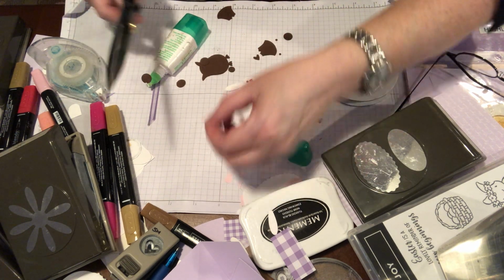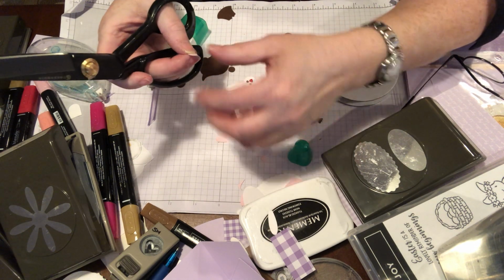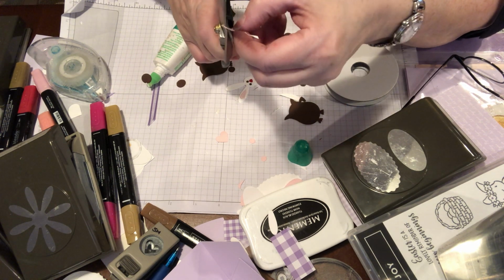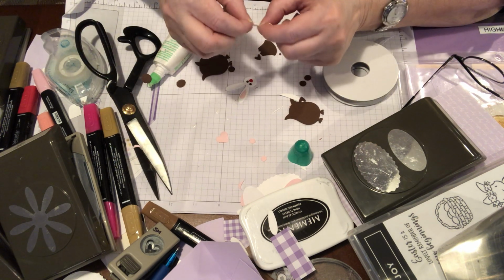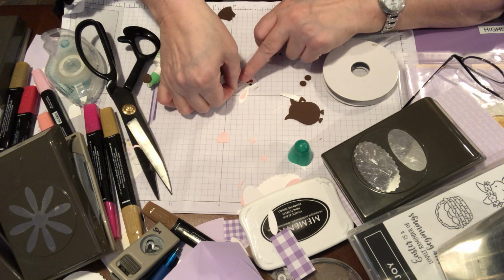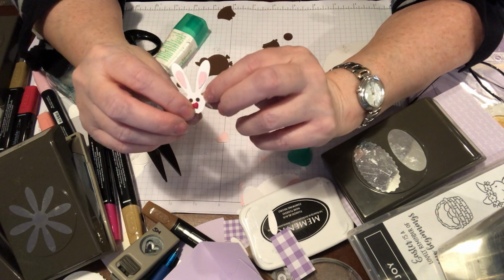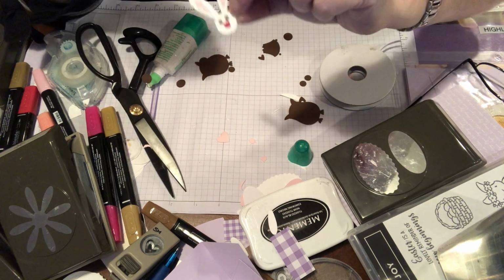And kind of cut this other guy. This is why I hate working with glue. I get it everywhere. I am the worst neat crafter. I'm nowhere near there. And we got enough glue on this other ear. You can stick that on there. And you know, you just don't know. But it could make a little bunny that could be like sticking